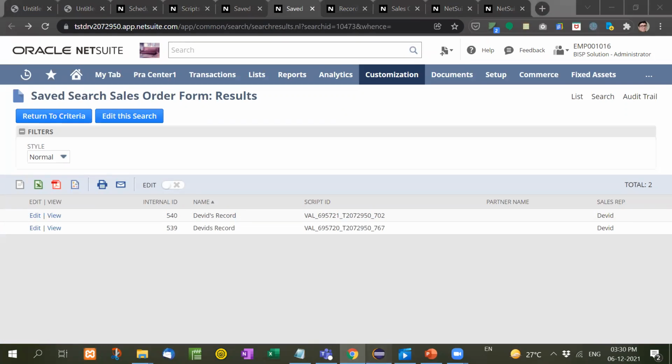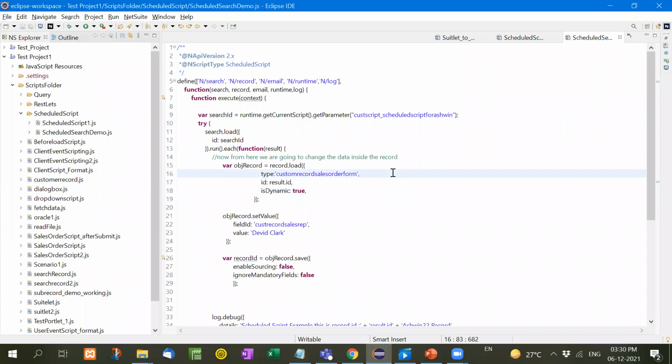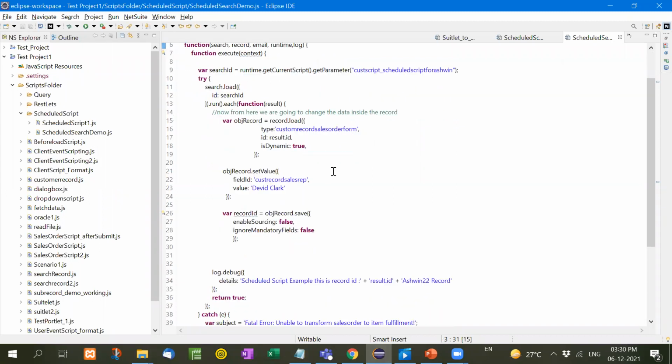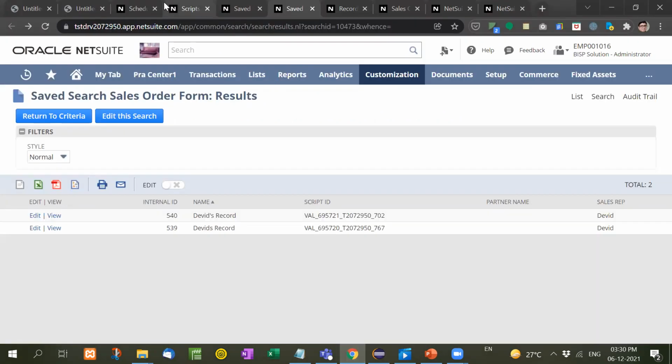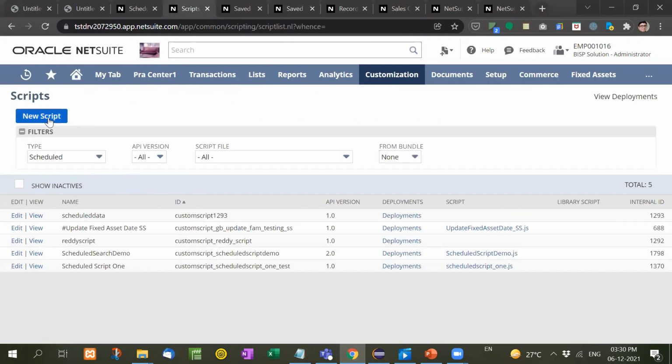So let's see how it happens. This is the general format of scheduled script: search, record, email, runtime, all these things. Now the main thing happens here. First of all, we will deploy this script. Let me open the scripts, new script.